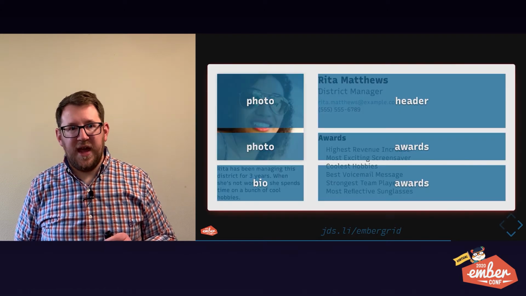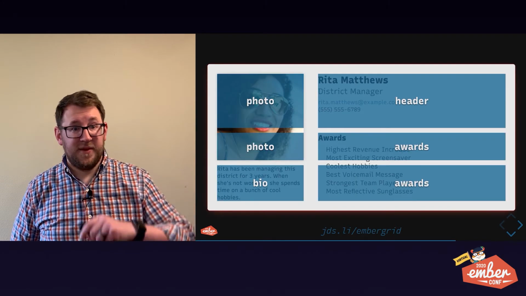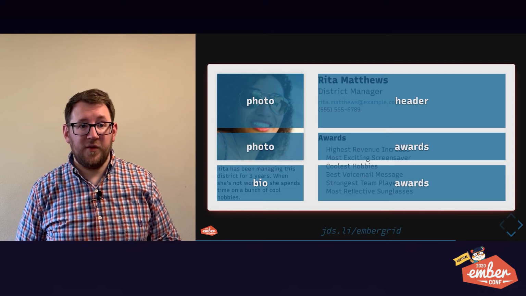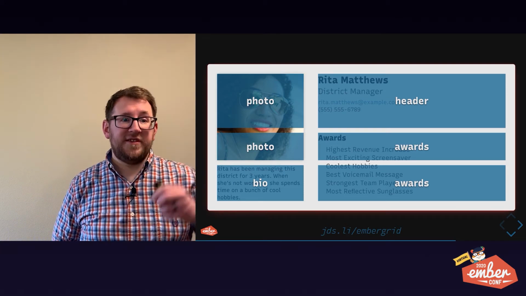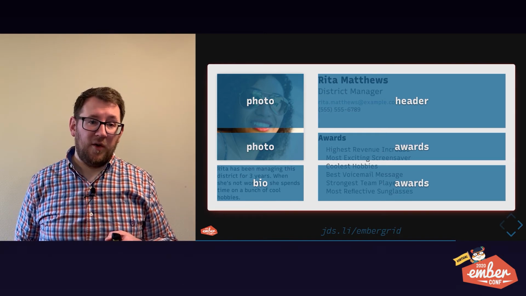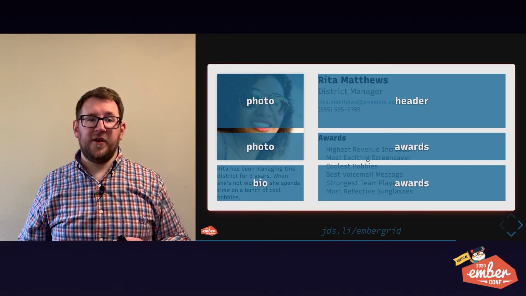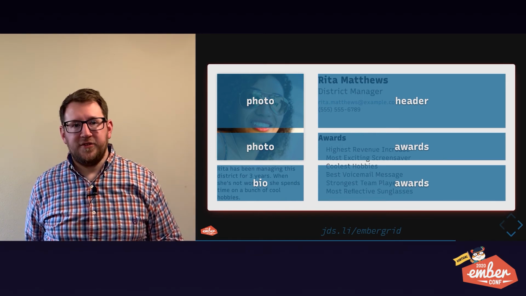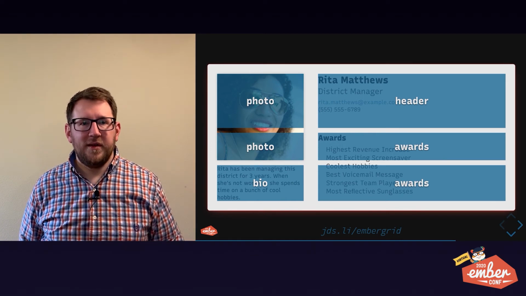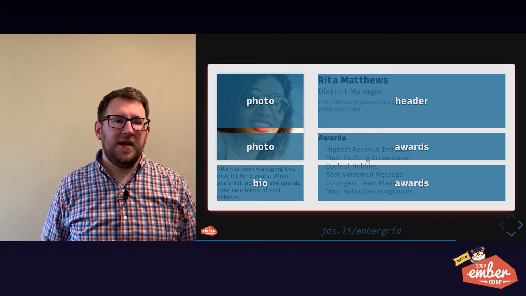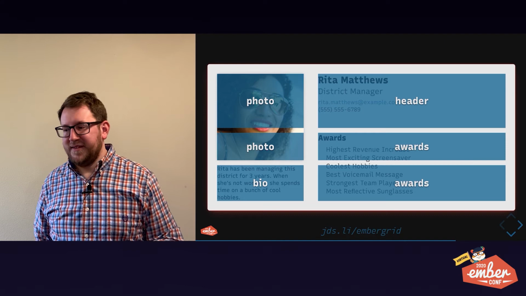So here's what this looks like actually in the grid. We've got some nice blue boxes to help us see how things are put together. We've got 6 cells in the grid. The picture is allowed 2 adjacent cells labeled photo. The awards is allowed 2 adjacent cells marked awards, and header and bio are just in their own individual cells. Now again, why wouldn't we wrap divs around this and just do it all with float? Well, because grid is simpler, and because responsive,